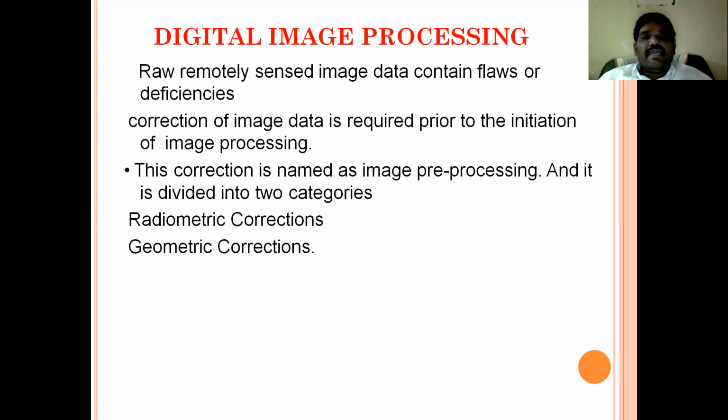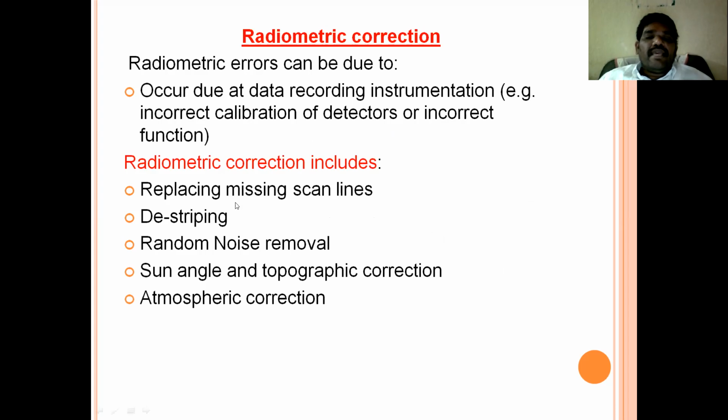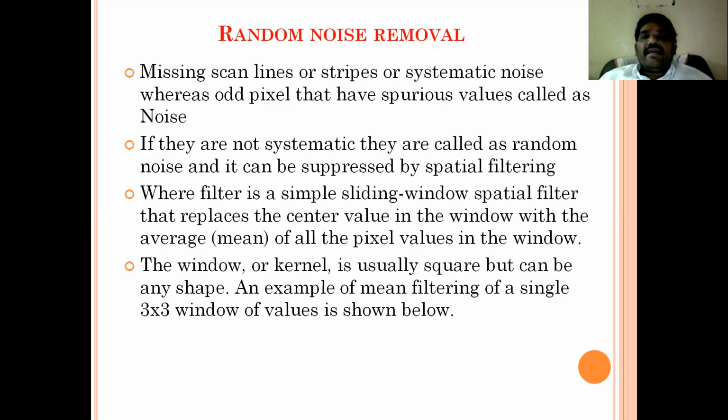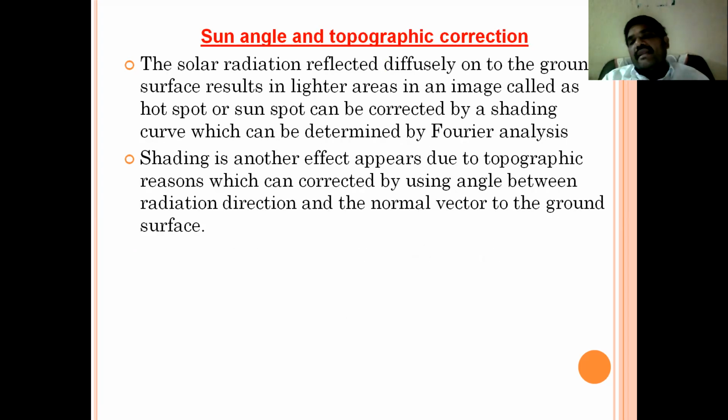When we have a look here in radiometric correction, we have seen replacing missing scan lines, de-striping, and random noise removal also. The next one is sun angle and topographic correction. How can we correct it? Just to know the process, because of the solar radiation reflected diffusely on the ground surface, or in simple terms, because of the diffusion of solar radiation,